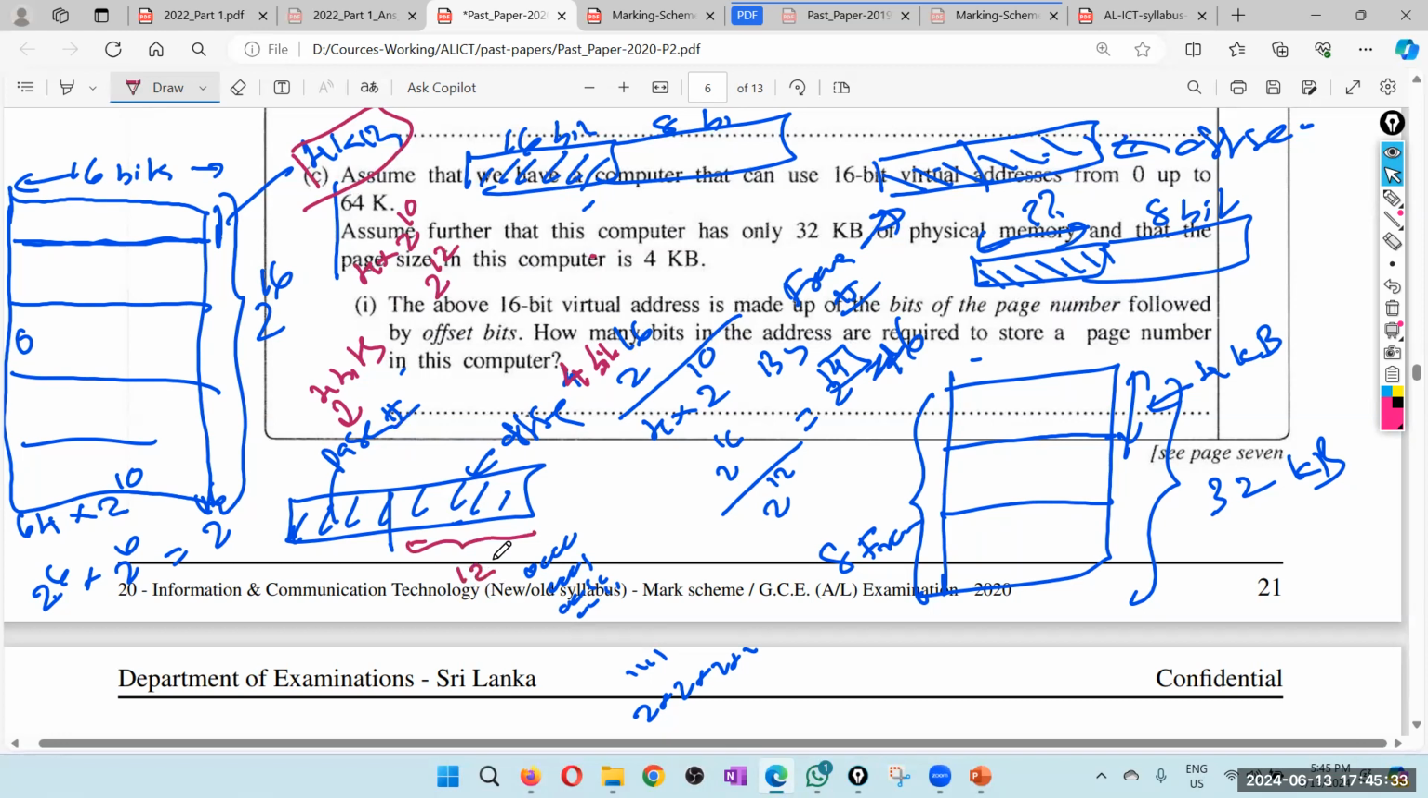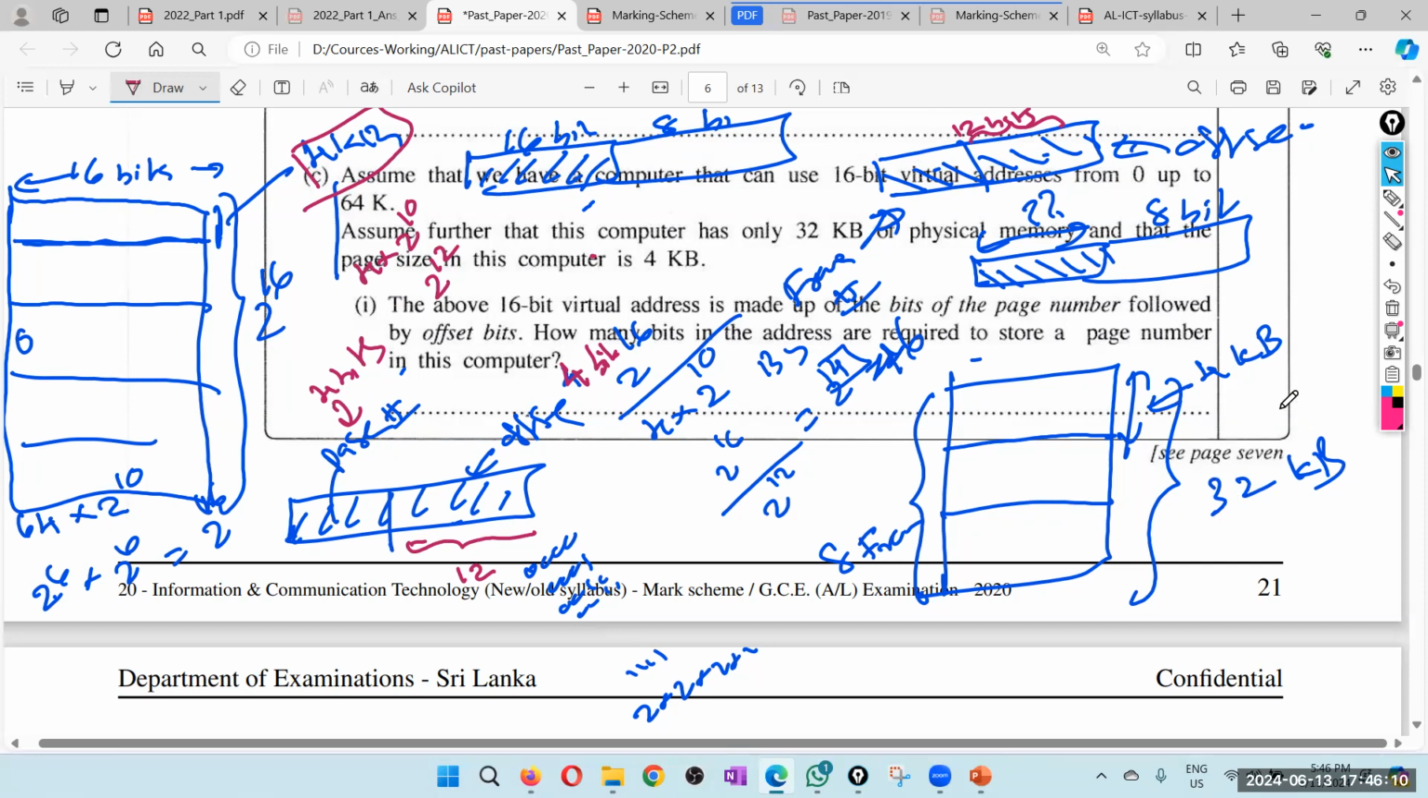And if this is 12 bits, this is also 12 bits. So here the physical address also has this offset part of 12 bits. Okay. So the offset is going to be 12 bits. Now we have fully calculated this part. But we still don't know how many bits are required for the frame number. Now we have the information for that also, because